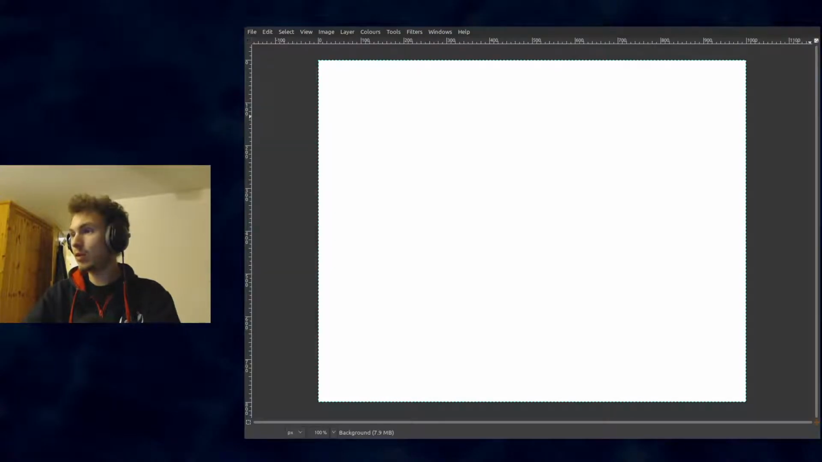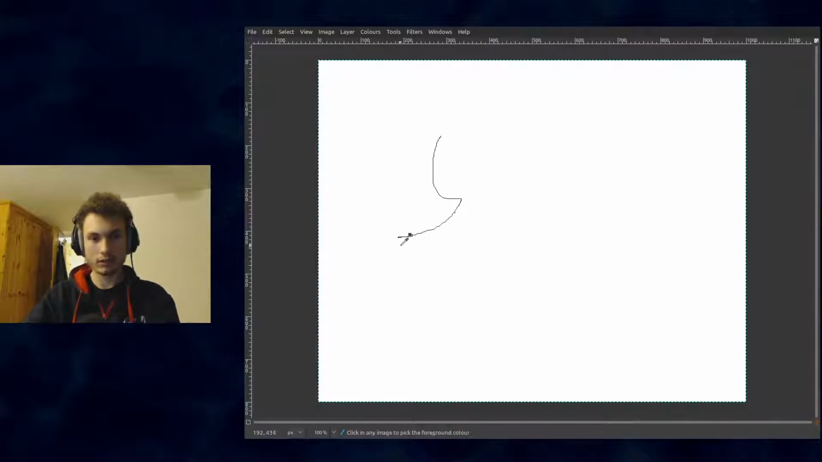Oh, yay, OBS has accepted that. Okay. So, oh no, that's too big. That is way too big. That's kind of too small. Okay. So pretty much what I think is happening is that